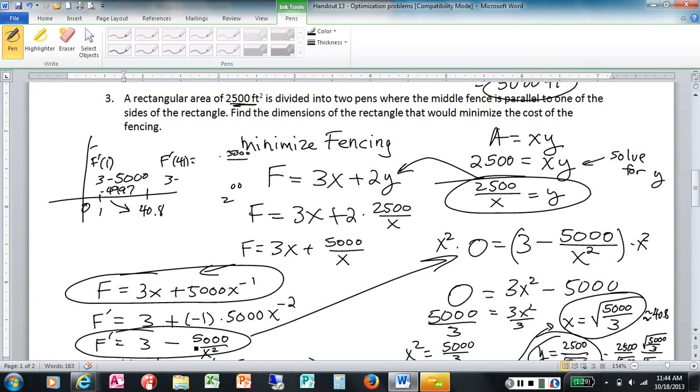It's not very much, but it is positive. So it's increasing there. So I've got a decreasing to an increasing. What have I got at 40.8? I do have a minimum. Okay, and that's just the way it usually works out. If we did the same thing on